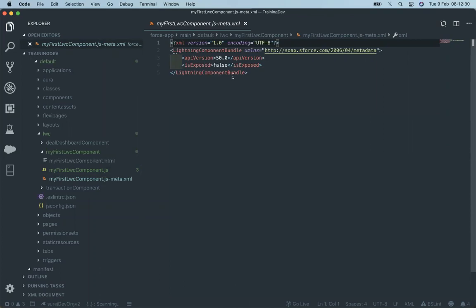Just like that, it will show that isExposed is false. We just make isExposed true so that we can use that component at some place. So let's first work on this component, the meta XML file, and configure it in such a way that it will be available on our app page. For that, first we need to make isExposed equal to true, and then what you have to do is